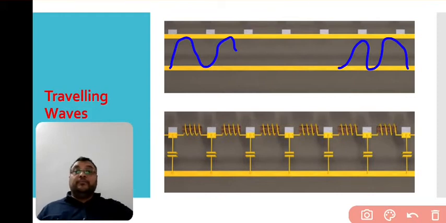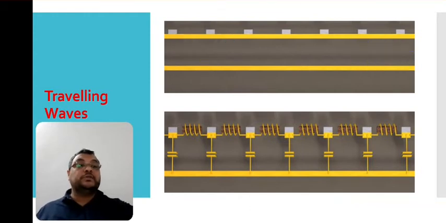Now the signal is reflected back from the transmission line, as we saw. Reflection can also occur at the connection between two transmission lines. As we discussed, there are a number of transmission lines interconnected in a system, so definitely reflection comes into the picture between these two transmission lines.